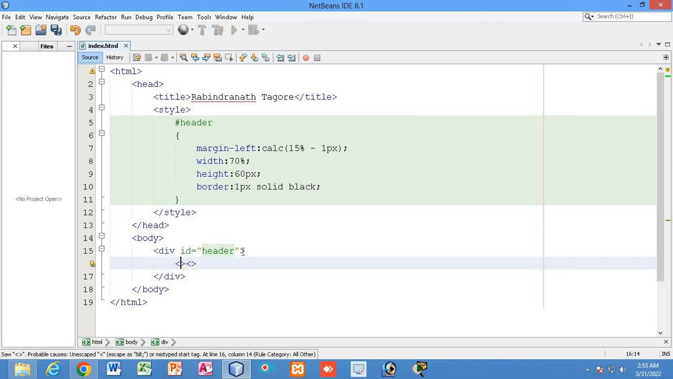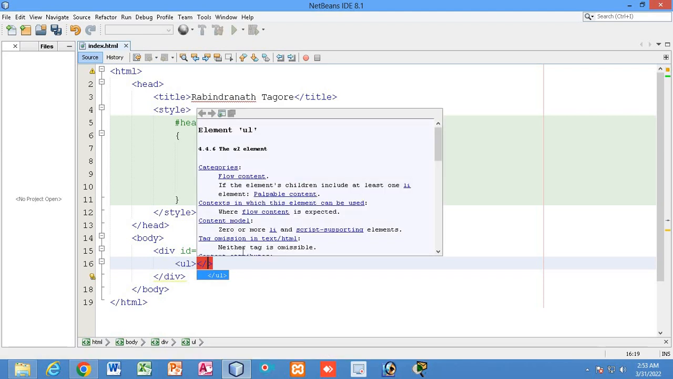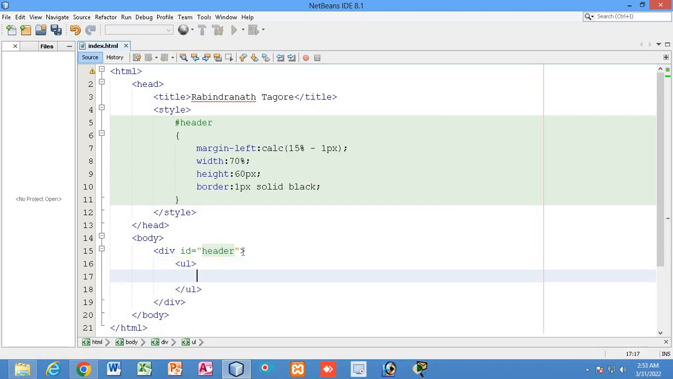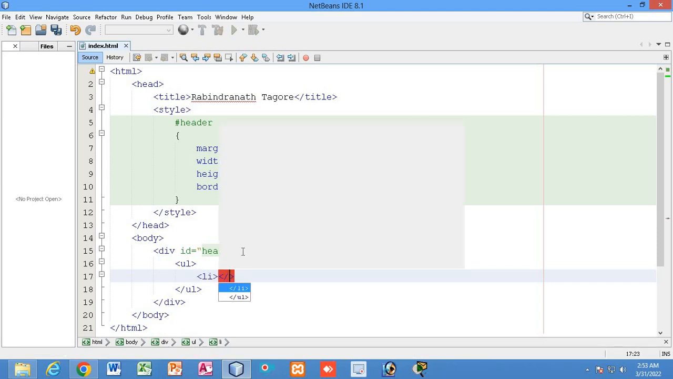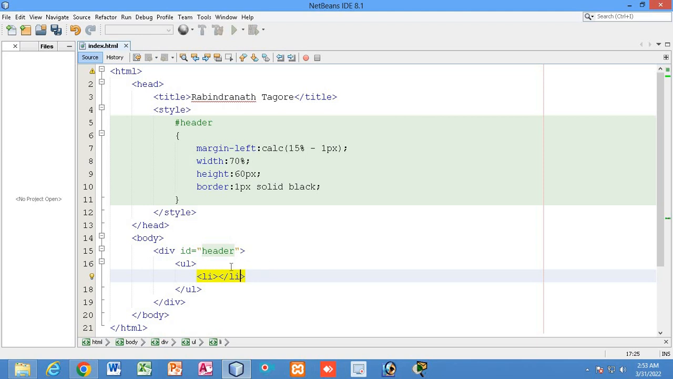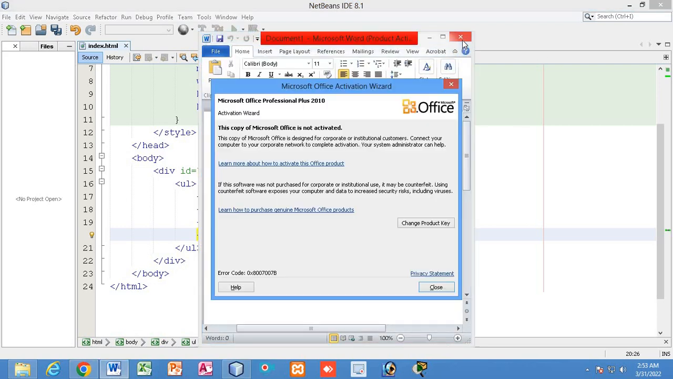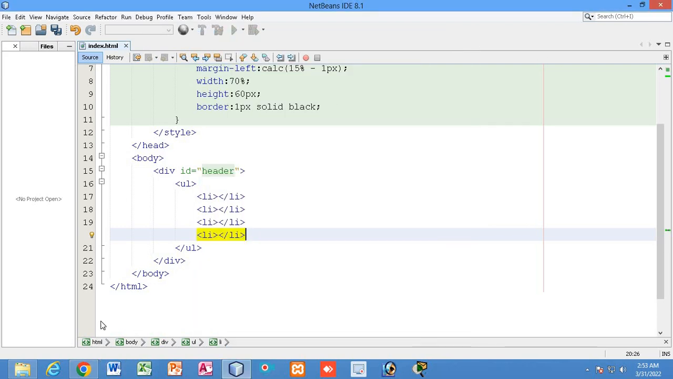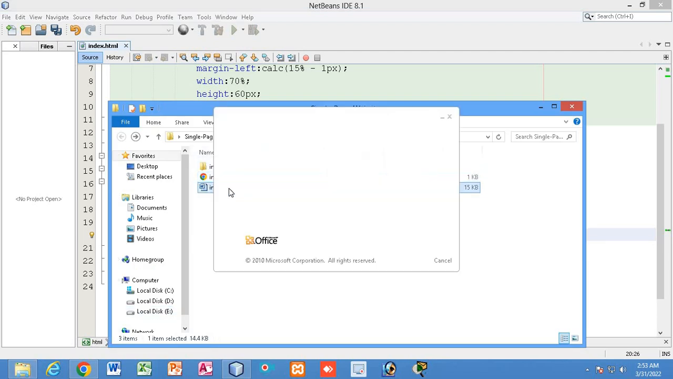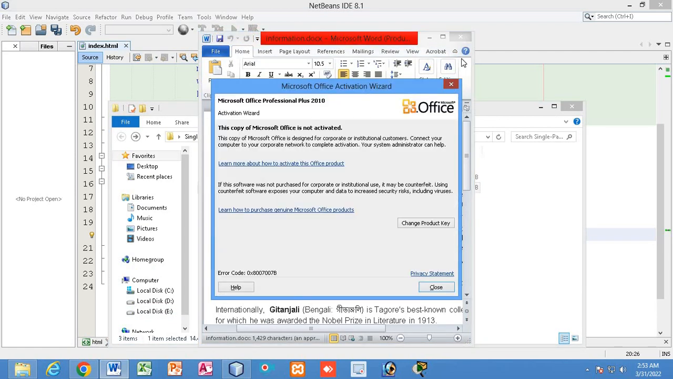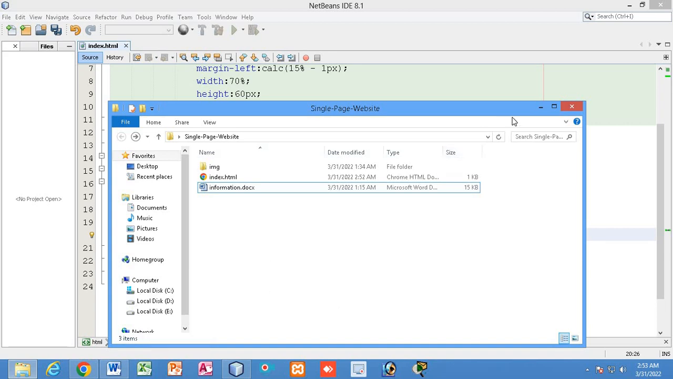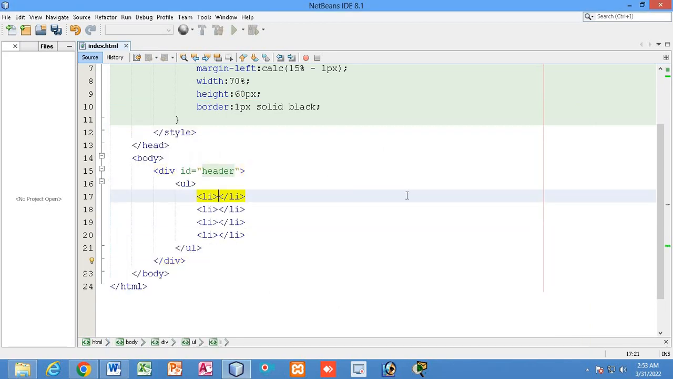create the navigation bar, a simple looking navigation bar. So I will take the unordered list, then list items. Using the unordered list, we are going to create the navigation bar, right? So I will take some information. How many pages? We will take just 4 menus,